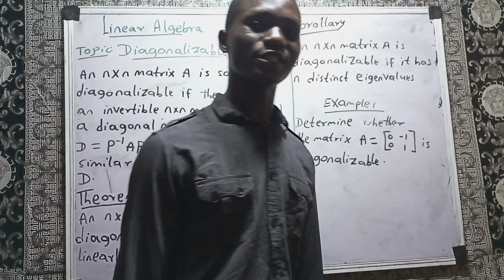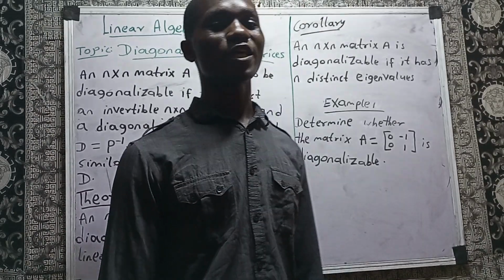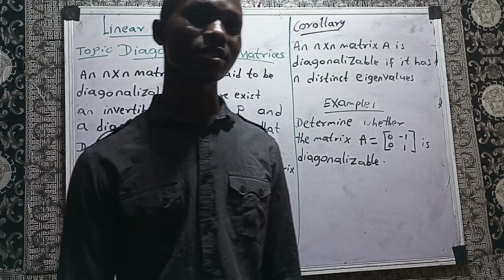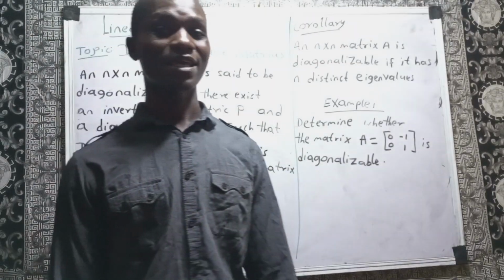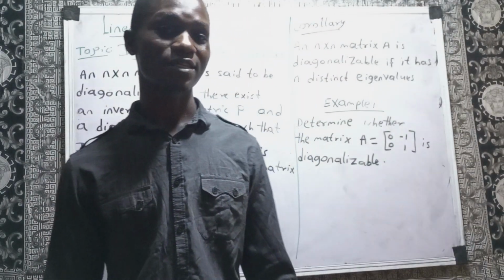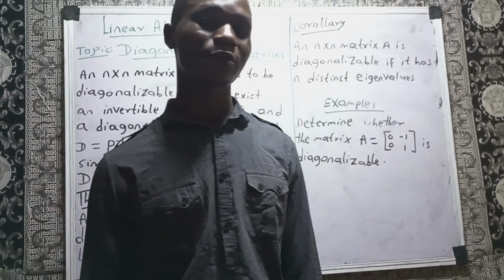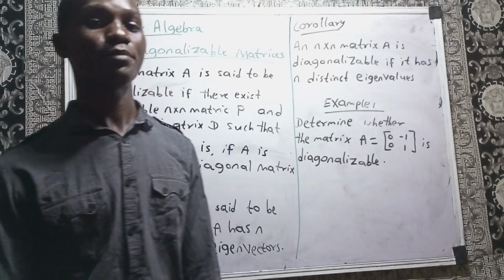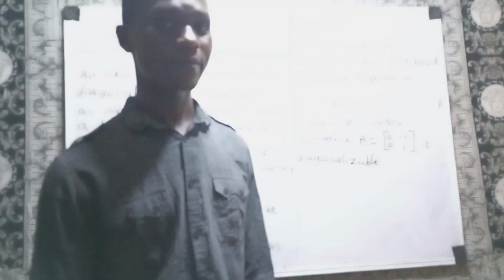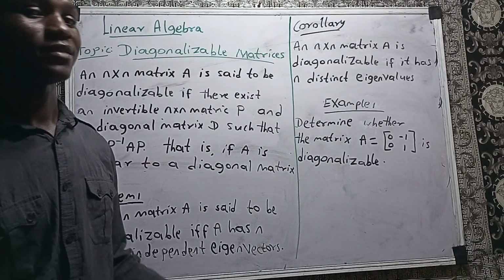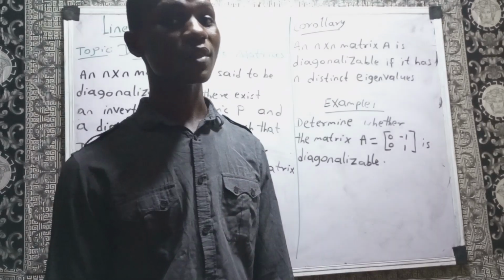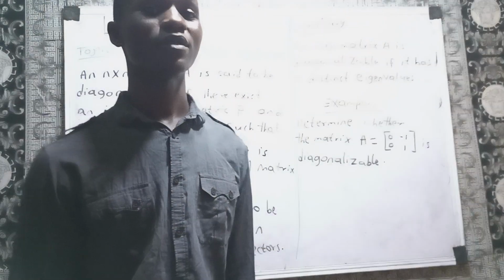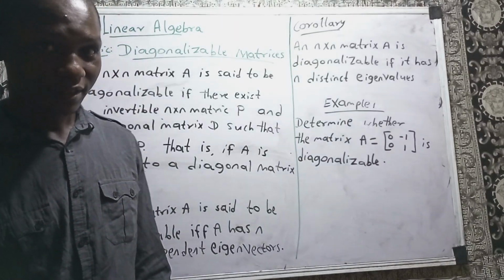This is linear algebra class, and today we'll be considering this topic, diagonalization of matrices. We want to know when a particular n by n matrix, that's a square matrix, is said to be diagonalizable. Now, an n by n matrix, let's just call the matrix A, is said to be diagonalizable if there exists an invertible n by n matrix P, let's just call it P,